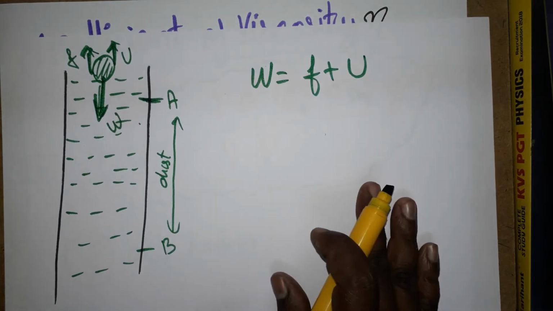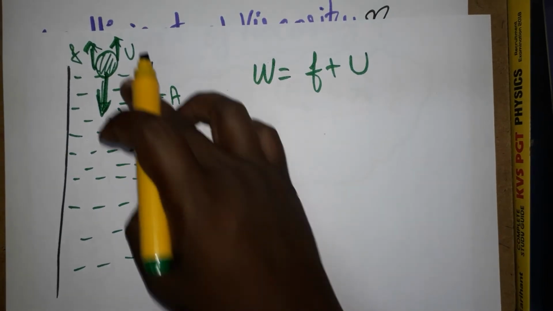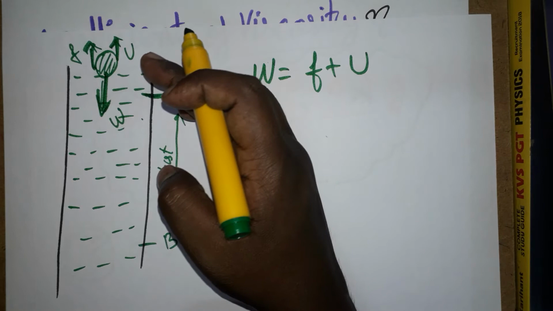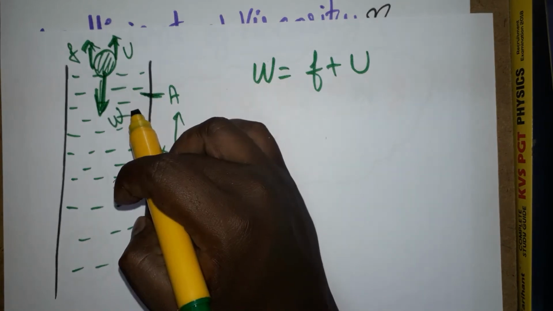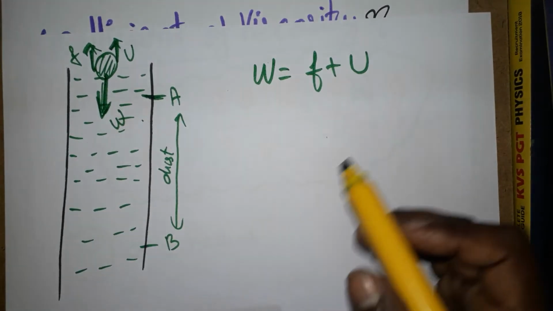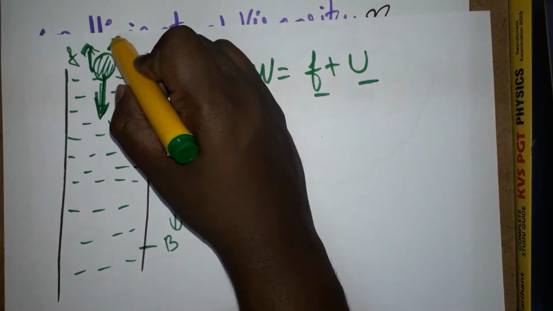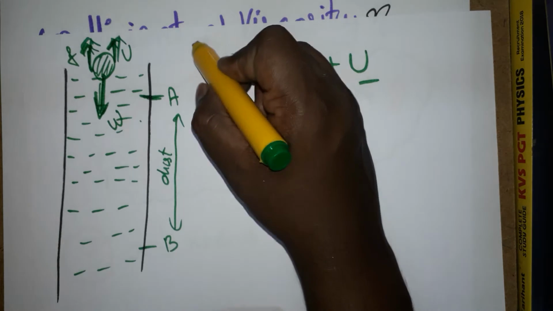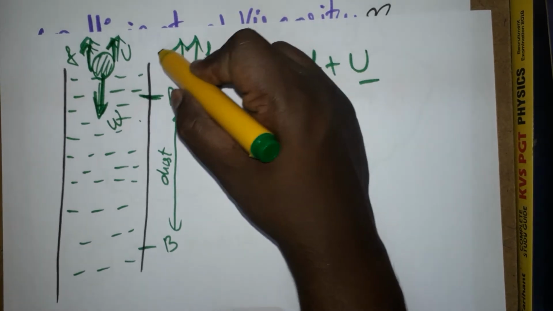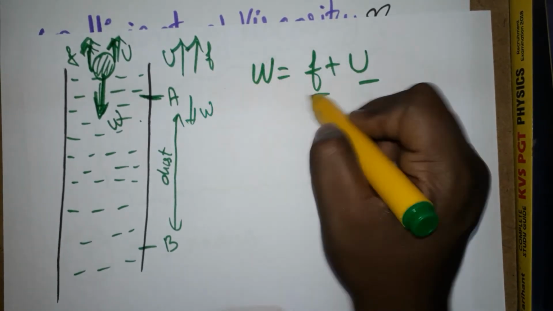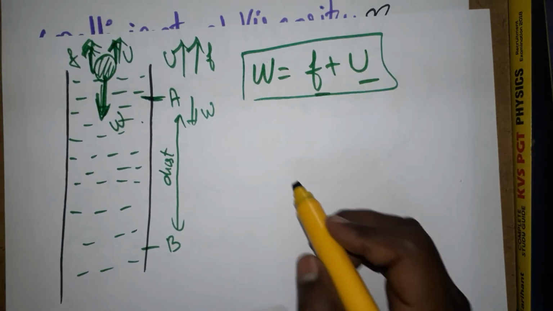It's very simple. When the ball is dropped inside the water, it moves until infinity, I am taking it as infinite. The weight acts downwards, and the friction force and upthrust force act on the opposite side. This side is the friction and upthrust force, and this side is the weight. I am just making both equal.